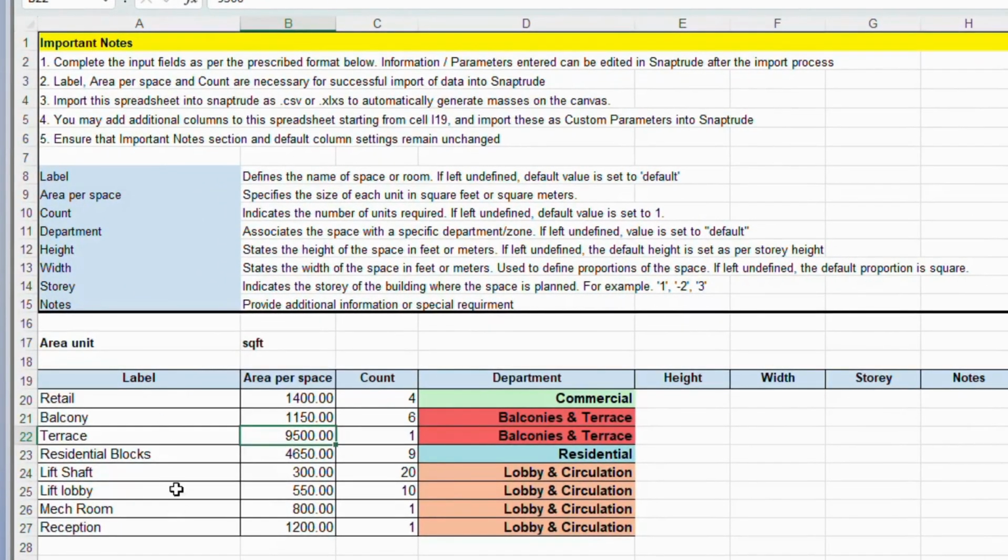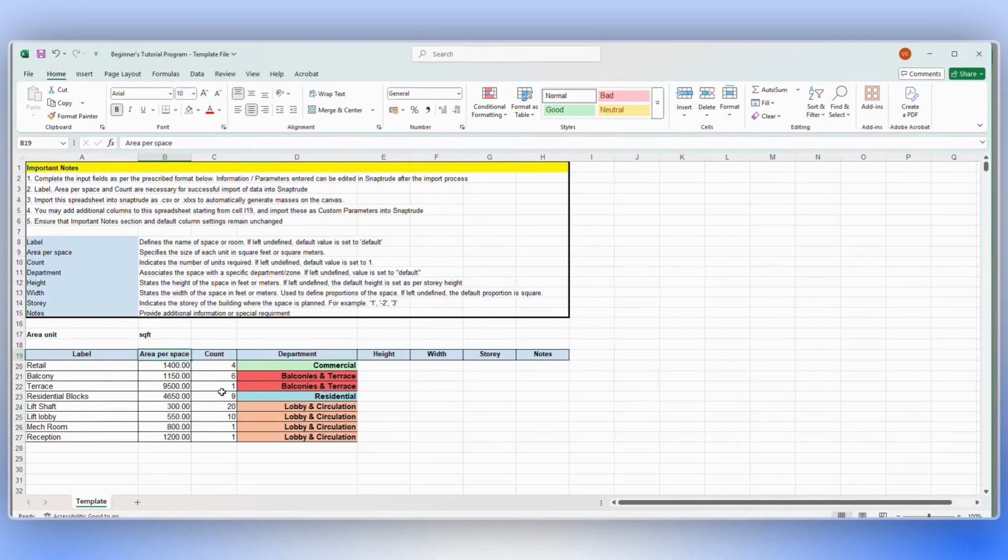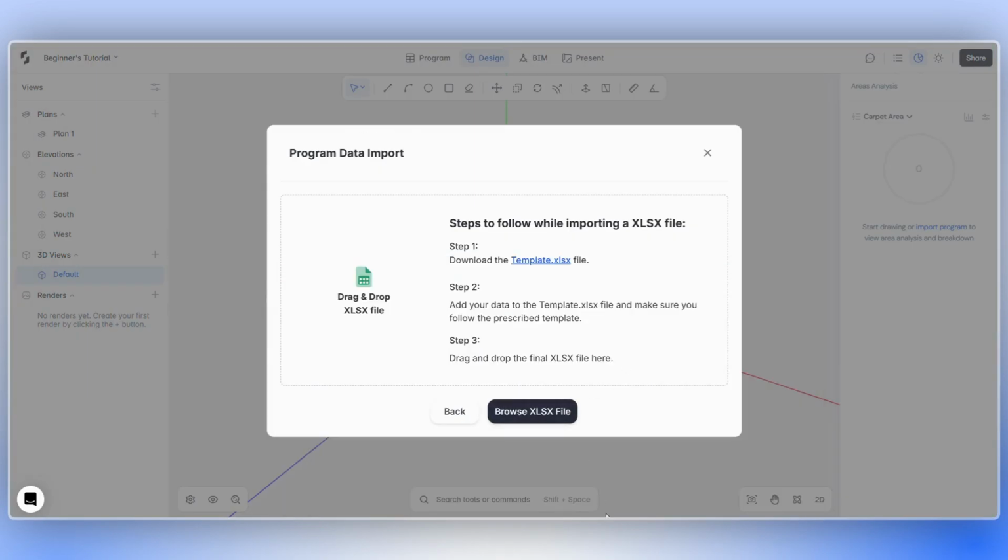For our example, we're creating a residential block, so we've laid out information for spaces pertaining to that. This includes space labels, area for spaces, count, and departments for better categorization. After laying out this information, save the template Excel file and browse or drag and drop it into your system